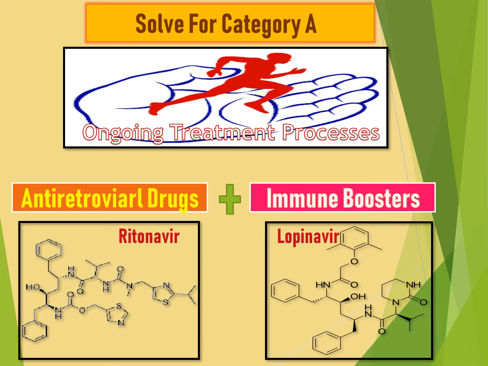The reason for using these, let us say, is that they were tried as drugs for HIV. These antiretroviral drugs will act on the human body, and they will try to pacify or suppress the replication of RNA from the entered virus molecules. So this is what is actually happening with these antiretroviral drugs.